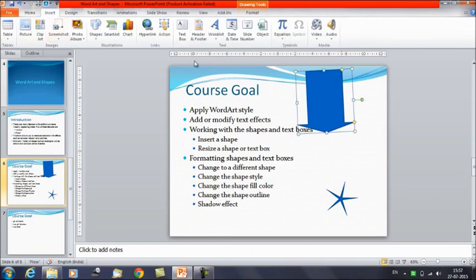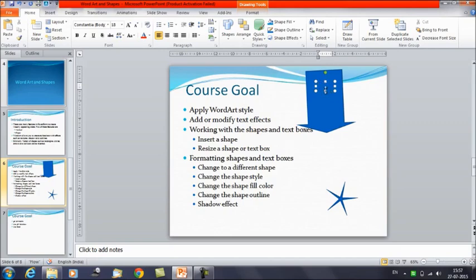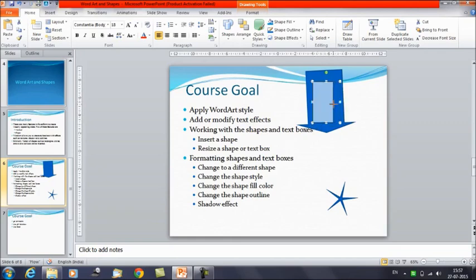Click on the Insert tab, select the text box option here. In a similar way, we can change the text box as well. With the help of these sizing handles, you can change the shape of the text box. You can rotate the text box as well. So this is how you can resize a shape, you can resize a text box.